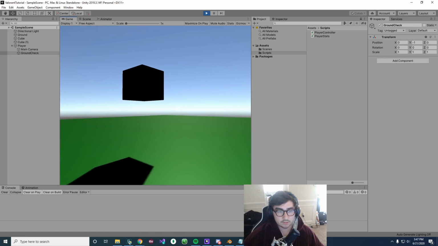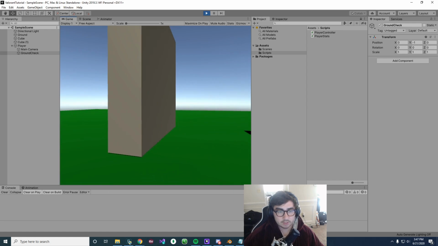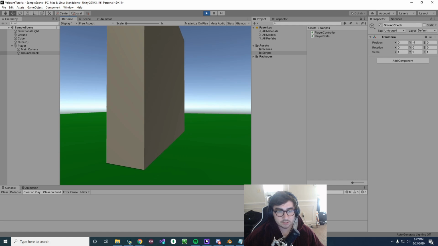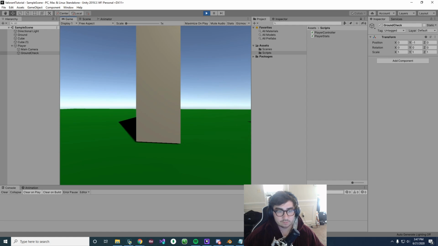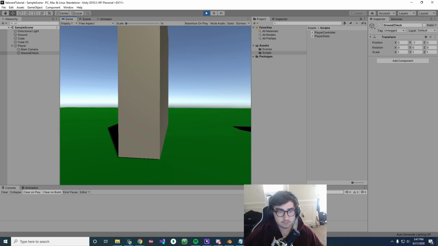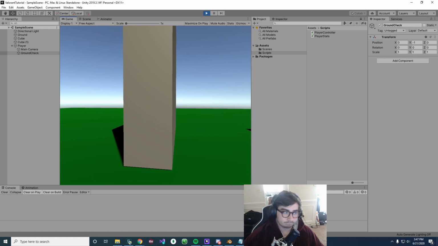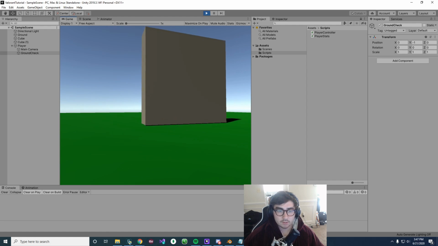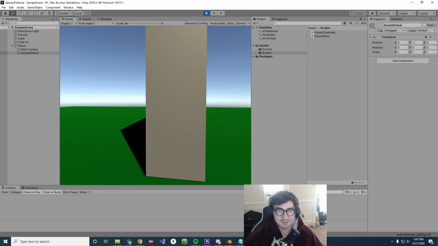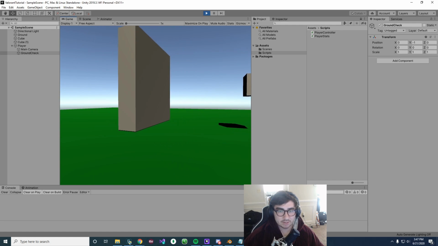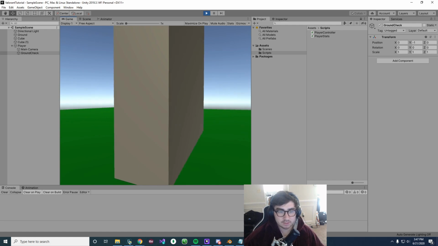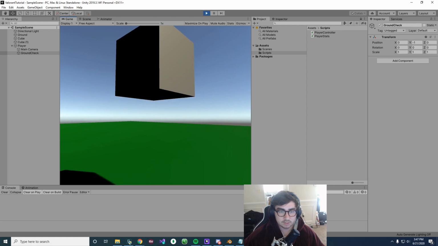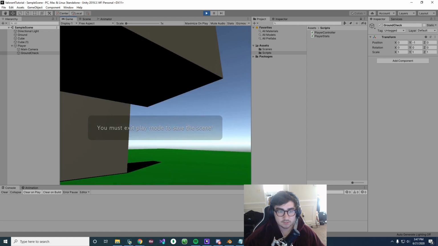The only thing is we still have this jitteriness. I'm not entirely sure how we should go about fixing it. Maybe we'll go fix it in a polish phase, or we definitely will be fixing it in a polish phase because it doesn't look as good if you're standing still. But it's functional and it works, and we obviously understand the intention. We can see how we are able to crouch, and how we are able to crouch under objects.